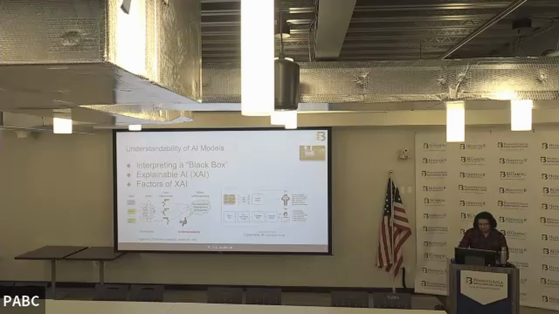So interpreting a black box would be like, you know, a black box is where data is stored and it's unorganized and it needs to be encrypted or decrypted to be understood. You guys know what encryption and decryption is, right? Deciphering something in cipher language, something like that in a black box. And you have something called explainable AI, which makes AI clear and explainable. Factors of explainable AI. Like we said here, there's an input, goes through a model, and we get our output.